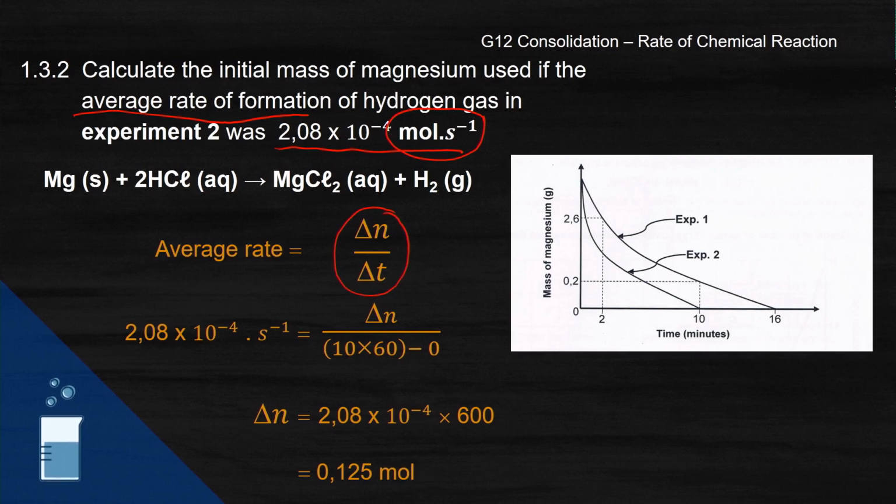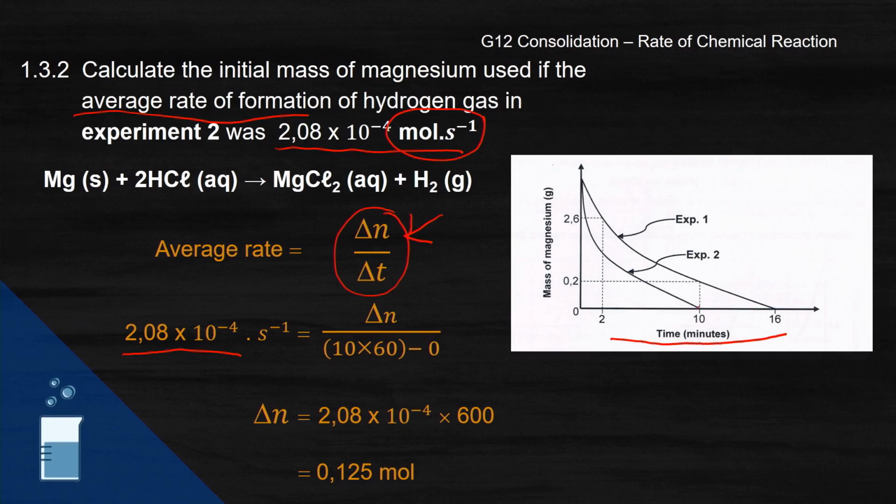This is a formula that you need to know. It is not on your information sheet. And we substitute in. So they have given us that rate. They have given us time because we can see it on our x-axis on this side. And they tell us that it is